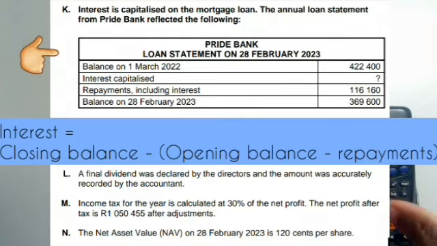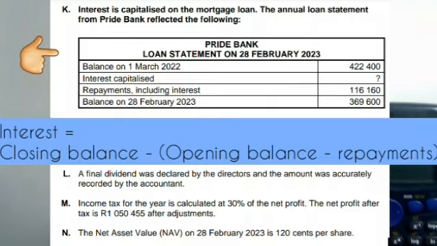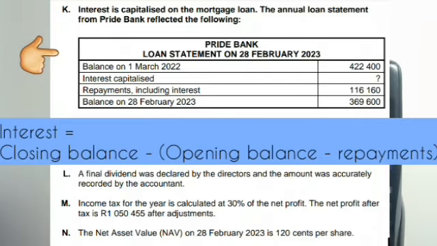But so long as you are given information with repayments, which is usually how it is given, because repayments are supposed to include interest. It's very rare that you will find a question that excludes interest in repayments, because repayments are supposed to have interest added to them. You pay a full amount to the bank. So when it is given this way, in its natural order, this is the formula that you will use. So we will go on our calculator and we will use that